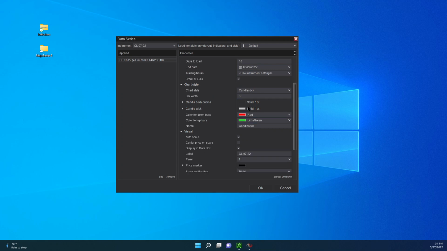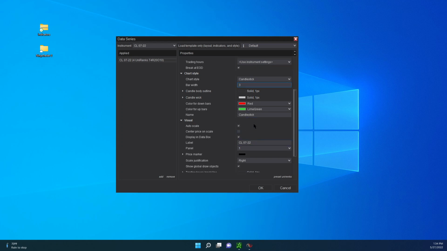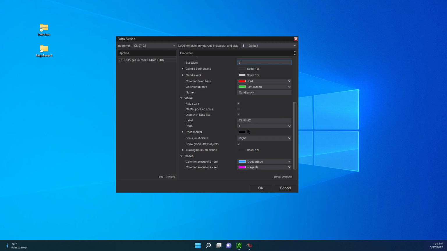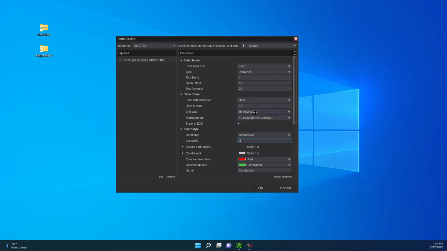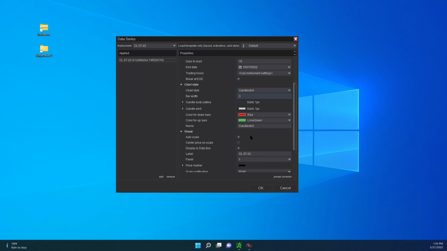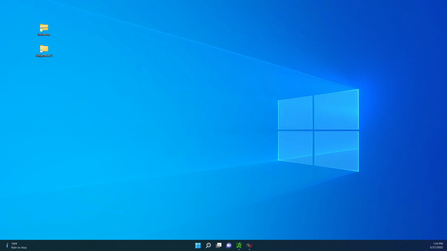Here you put the bar width right here. The default is 3, so keep it like that. And then this is the panel that you're going to plot the instrument, in this case. You can choose a different panel, the second panel or the third panel, to plot it there. Okay, so let's create this one. I'm gonna press OK,